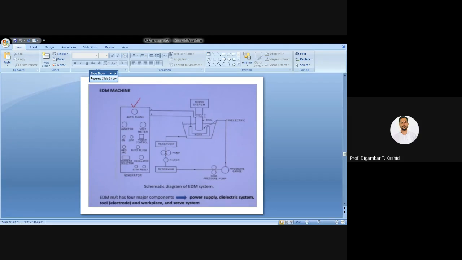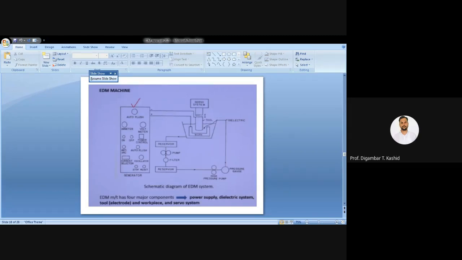Then it should take the minimum possible time to break down. This is actually called the ignition delay time. Ignition delay is the time required after the breakdown voltage is achieved, for the breakdown of the capacitor, and it is called the ignition delay. A good dielectric fluid should have a very short ignition delay time once the breakdown voltage is reached.